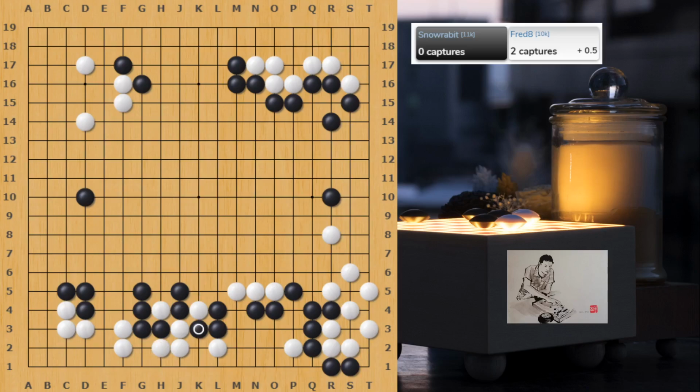So white connects, black captures one stone. Yeah, there's still a cutting point here, and eventually white has to fight the ko. So it's proper to connect. And then if black goes like this, white should come out and save the stones in the center. Playing here, white can connect this way or